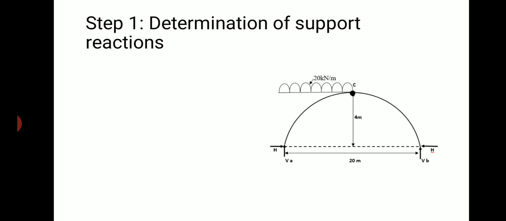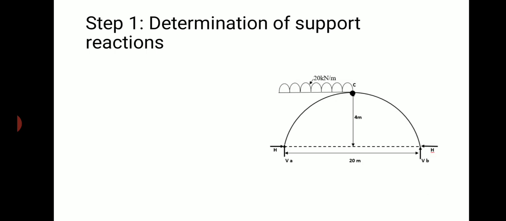If I apply the horizontal equilibrium condition, sigma H is equal to 0. If you look at the sketch, you can identify that only two horizontal forces are considered here, which are of the same magnitude but in opposite direction, which cancel each other. Therefore the horizontal equilibrium condition is satisfied.